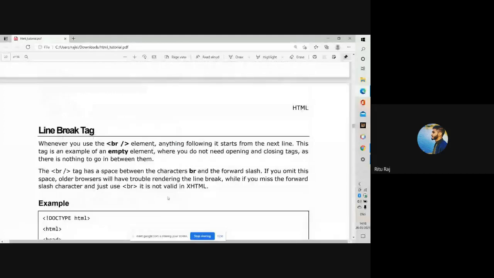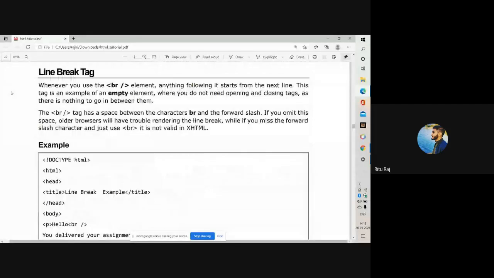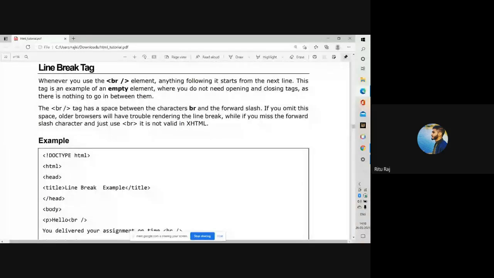Line break tag. Whenever you use a br tag element, anything following it starts from the next line. This tag is an example of an empty tag, where you do not need an opening and closing tag as there is nothing to go between them.